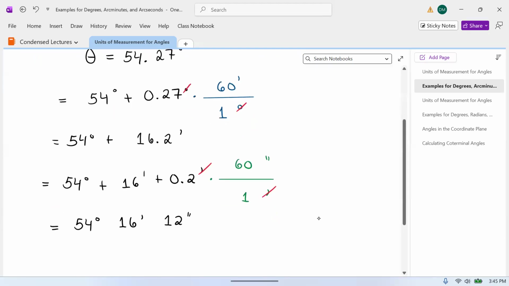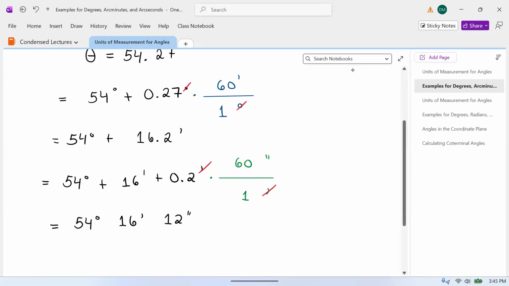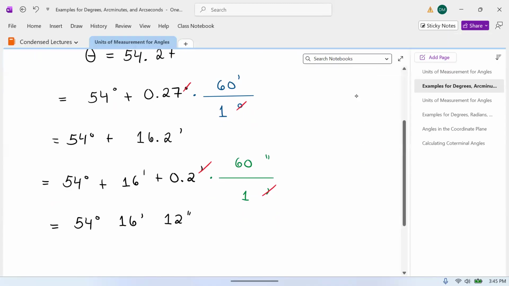Oh, and as we progress, notice how to save time, I just say minutes and seconds. But these are not units of time. These are units of angle. Also notice how we just leave out the plus signs in the end. You don't have to, but